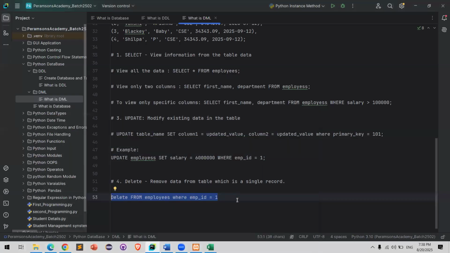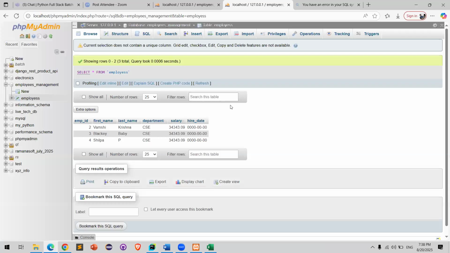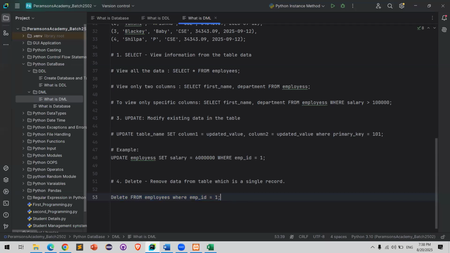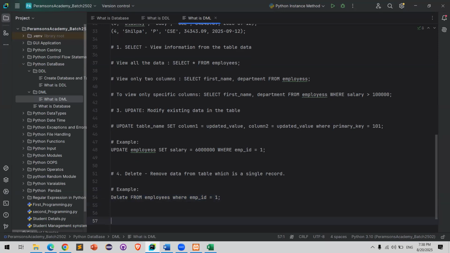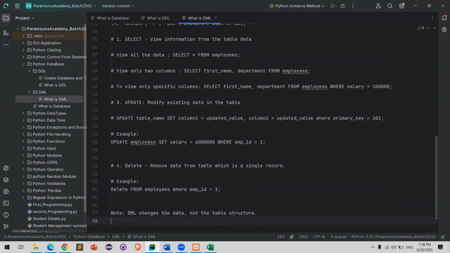So here is the same activity that we have represented in this particular scenario, and all this particular data will be removed from the particular table with an example that we saw. So this is how the particular DML works. And let us take a note, DML changes the data, not the table structure. Table structure. Next one is we are going to use some DML